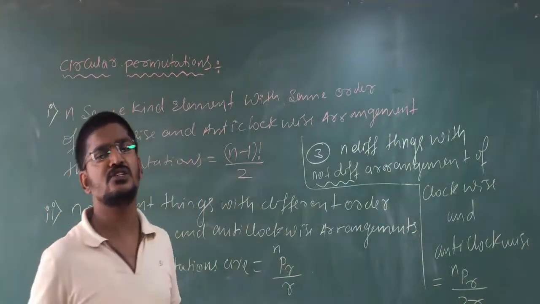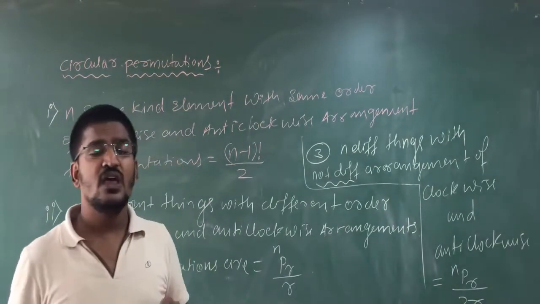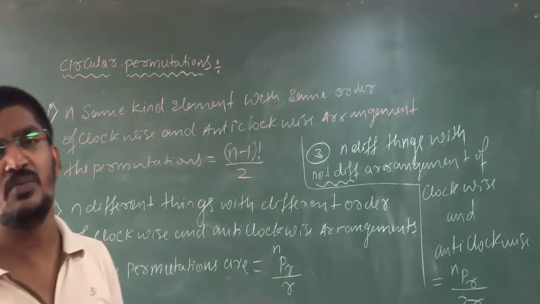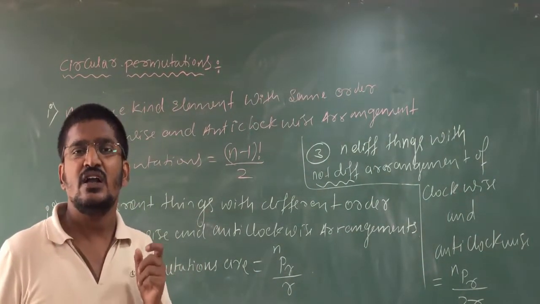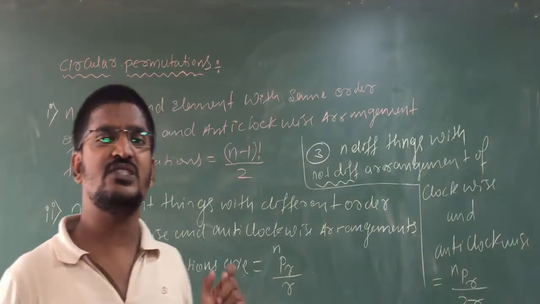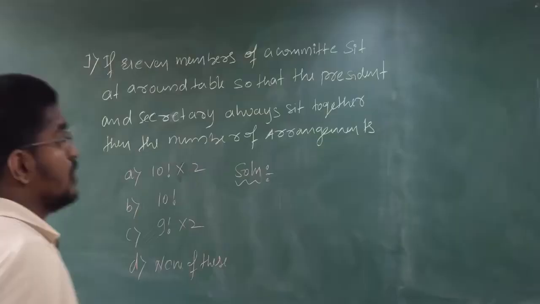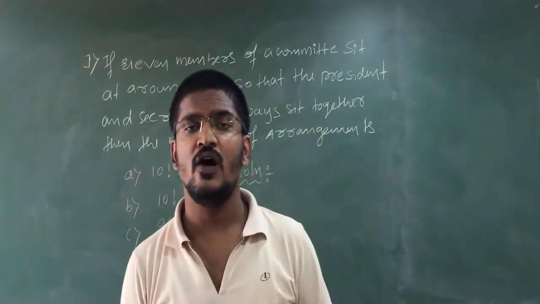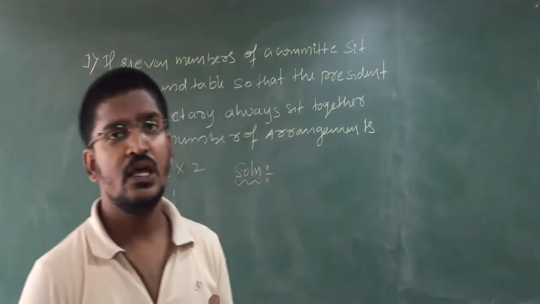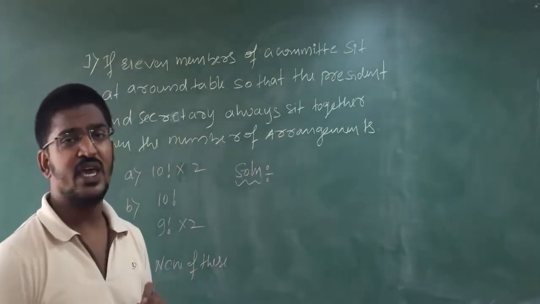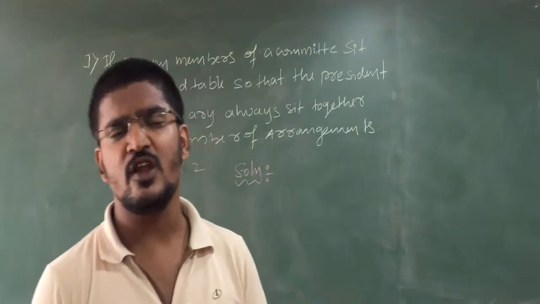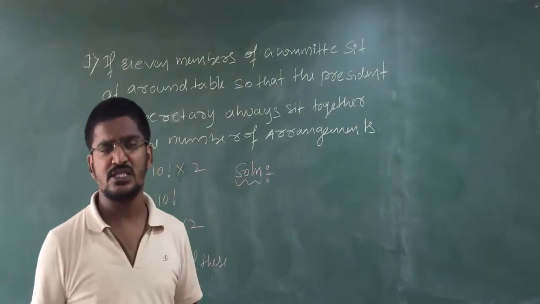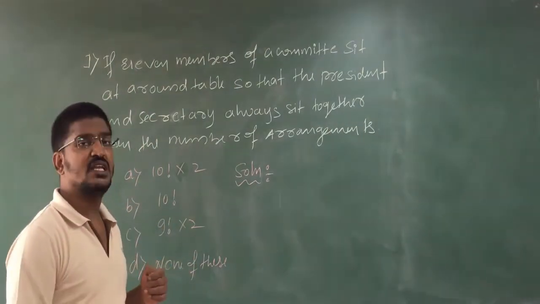Are you getting my points, students? So this is what your permutations of circular are. Clear? That is nothing but the circular permutations definition and some of the formulas of circular permutations. Clear? Okay students, see, now let us go for problem 4 on the circular permutation. In circular permutations, we have clockwise, anti-clockwise, order of clockwise, anti-clockwise, and without clockwise and anti-clockwise. Clear? So here what they have asked, let us see.